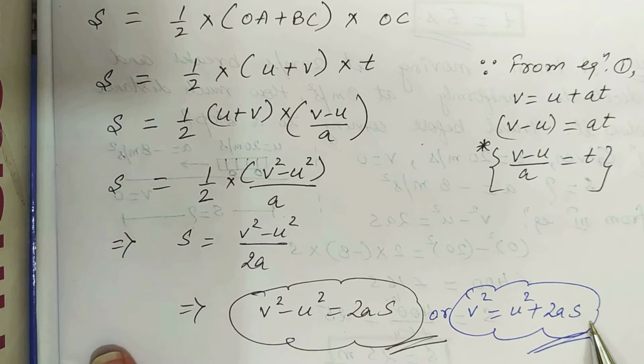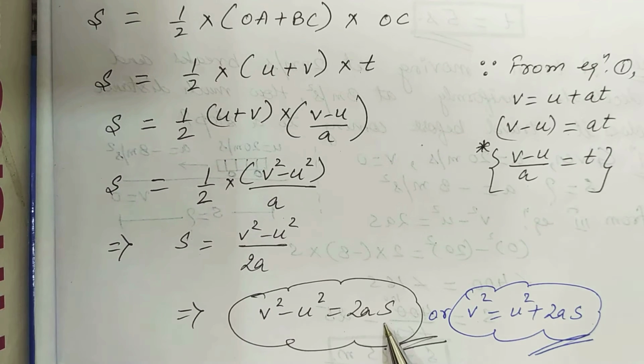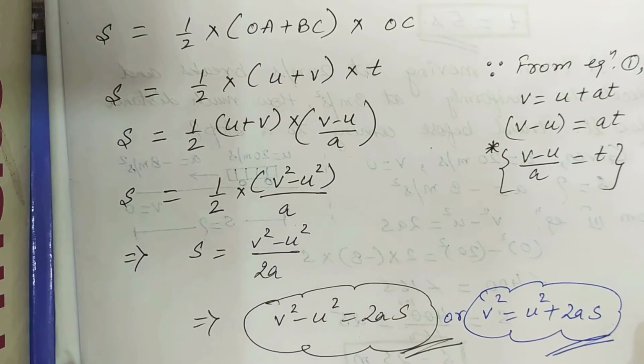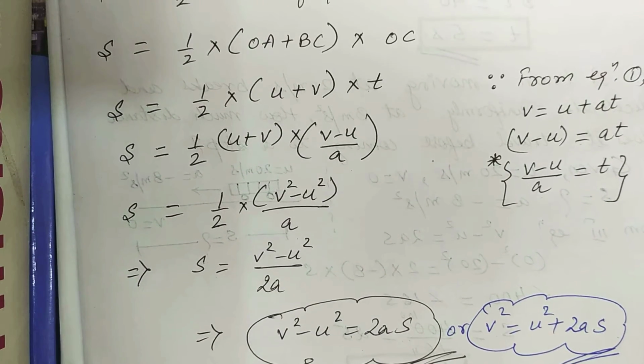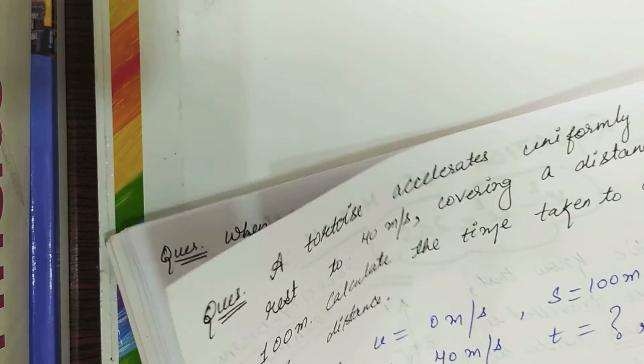So this is also called the velocity distance relation. I hope you all understand. If there is any doubt, please ask at the end. We'll have a discussion session later. So, solving a few numericals on the basis of this.